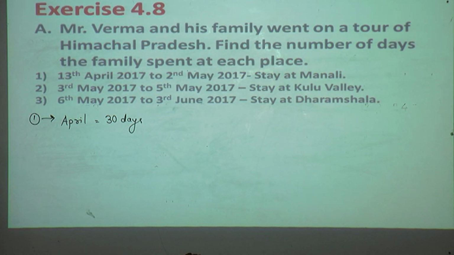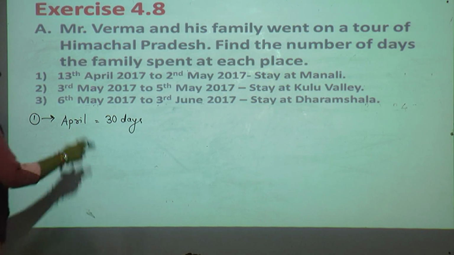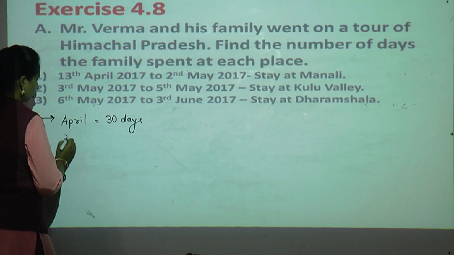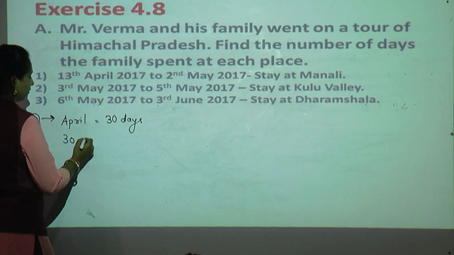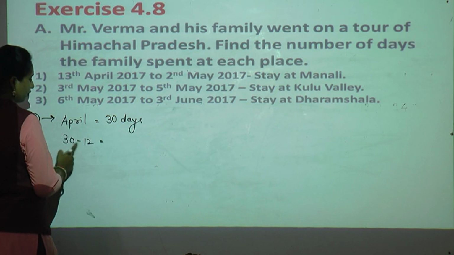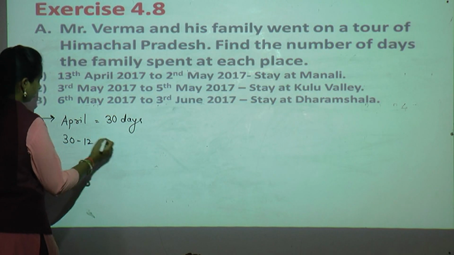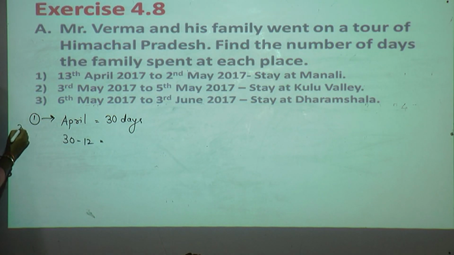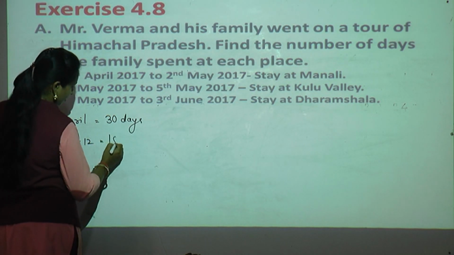So what will you subtract here? You should not subtract 13 directly. So 30 minus 1 day before, that is 12. If you subtract, you get, see, a rough work. Now you should do it very fast. 0 minus 2 we can't do, cut the 0 as it is, take a borrow. Here 2 will remain, here 8 and 1. What is the answer here? 18 days.